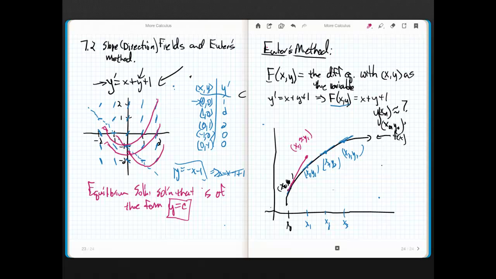We're going to come up here, and we're going to take the slope of this line, and we're going to move it up to a point that we know for sure. And we're going to build a segment from x1 to x2 that has this slope at x1, comma, y1. But now we're stealing this point instead. It's an approximation. It's Euler's method for approximating solutions for